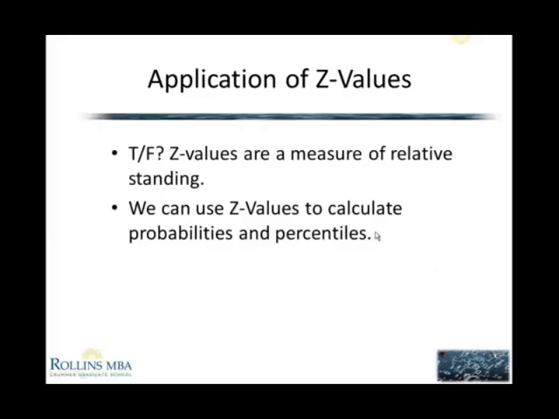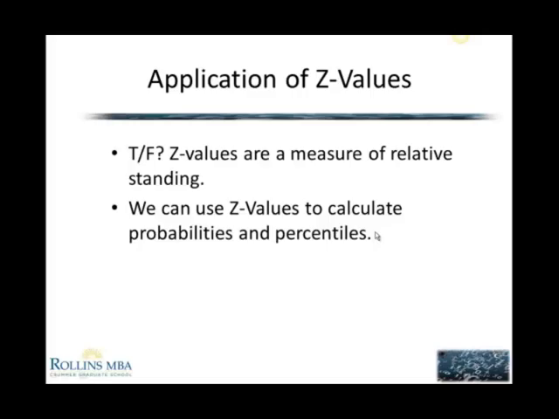Okay, so just a couple of conceptual things. Would a z-value be a measure of relative standing? True or false? Again, if we think about what that z-value does, we'd see that the answer should be true, right? The z-value tells us where a given value falls in its own normal distribution. So it tells us how many standard deviations it is above or below the mean,